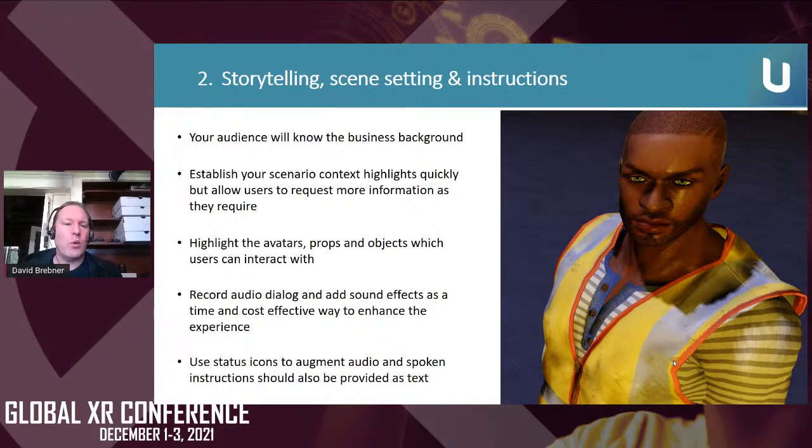I think the other thing that's really important is people get extremely frustrated if there's stuff that they try to interact with that they can't. So they're sitting there trying to hit the control panel for a few minutes. So I think highlighting the avatars, props, and objects which users can interact with is quite beneficial. That may seem like it breaks the connection with reality, but these people are here to do business training. You just want to make it quick and clear. Here are the tools you have at your disposal to interact with